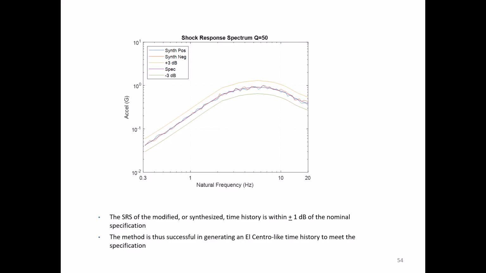And then we have our synthesis: the blue curve is for the positive, and the red curve is the synthesis for the negative. Now those values for the SRS of the synthesized did come within plus and minus 1 dB of the nominal level, which is doing pretty good there. We did a very good job,